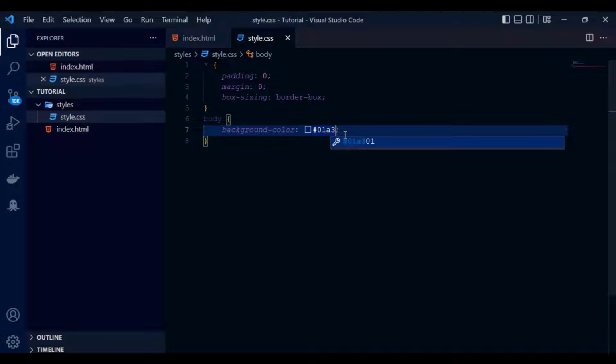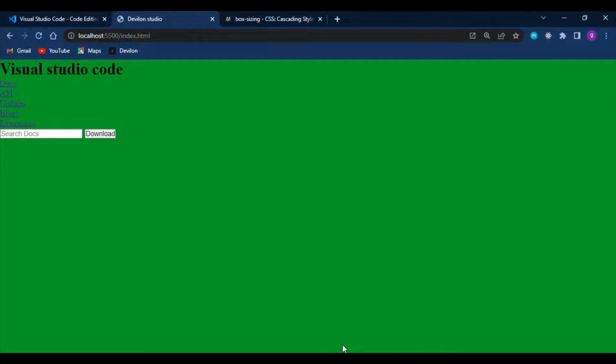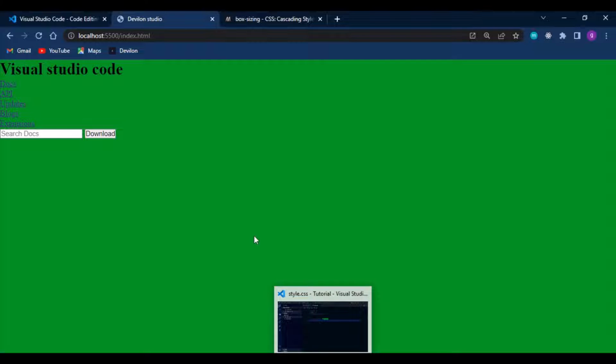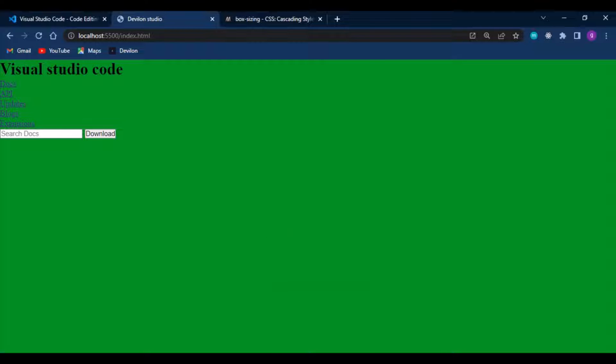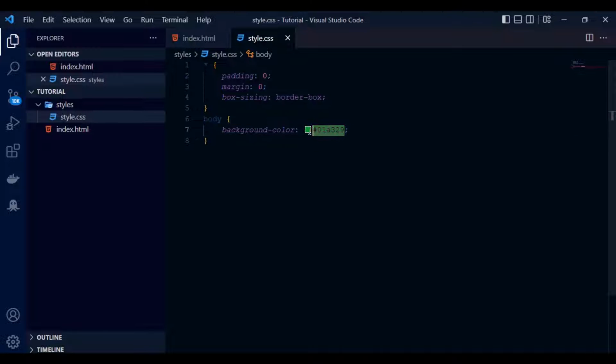We also have 801, 83, I think 29 or so. Okay, so as you can see, this is not fully green. So you have them like that. So you can use hex values. You can also use